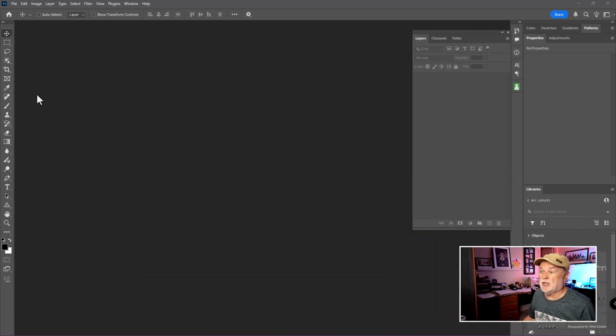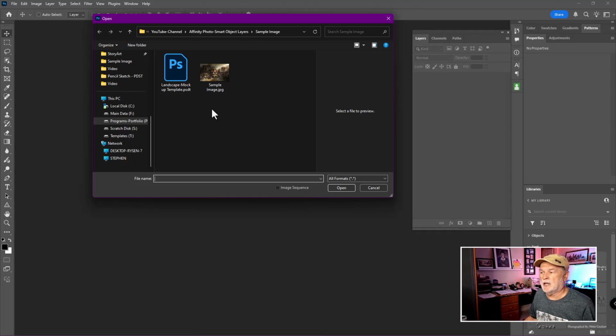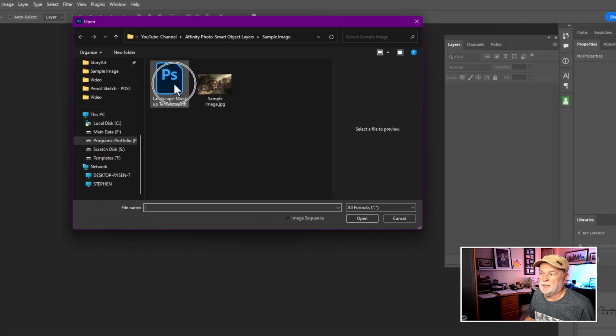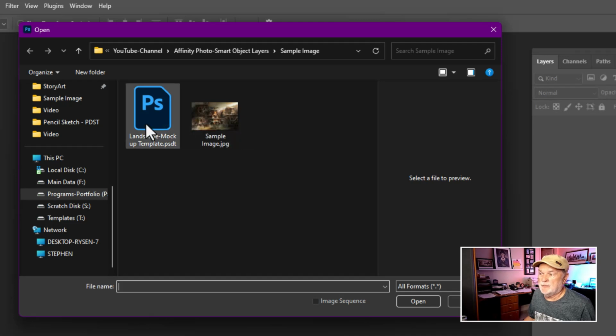Okay, let's jump into Photoshop right now. And just a quick reminder for people, I'm just double clicking in my workspace right here in Photoshop. And when I get the open dialog box, I'm going to work with these two images here. This is a template I created a long time ago. You can find this template if you go to